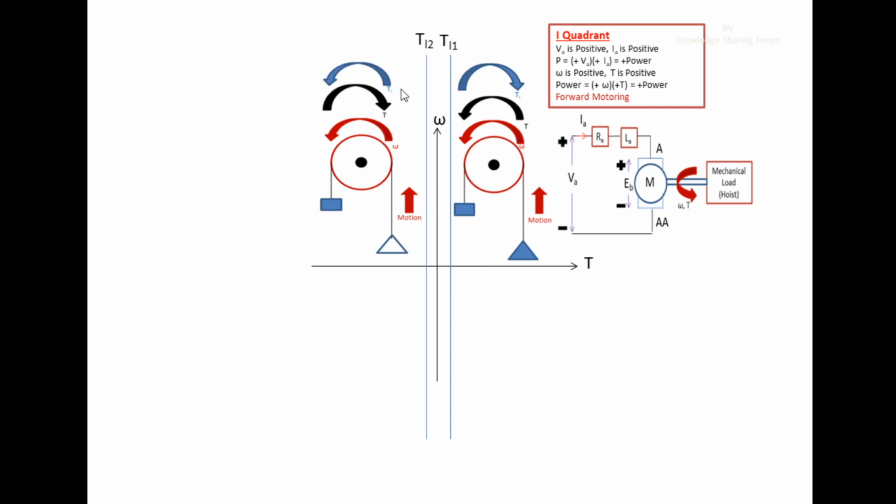counterclockwise direction, because as we already discussed, the load torque direction will always be on the maximum weight side. The same is applicable here also. The weight of this counterweight is higher than the weight of this empty cage. Therefore the direction of the load torque will be counterclockwise, since it is on the counterclockwise side.